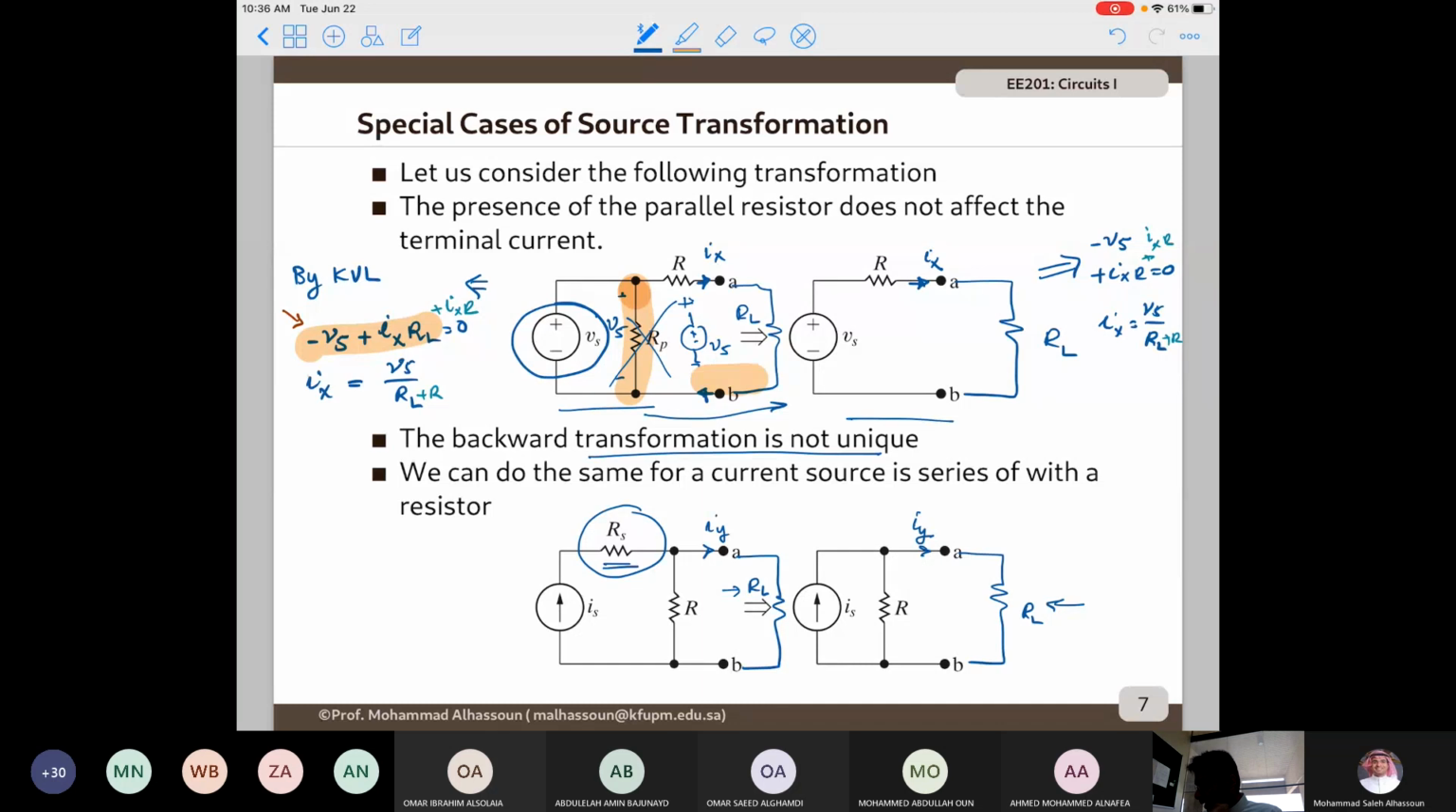So we can do the same here. If you apply KCL here in this circuit, you can get the same current. In this representation, it's going to be exactly the same as KCL in this representation. What matters here,